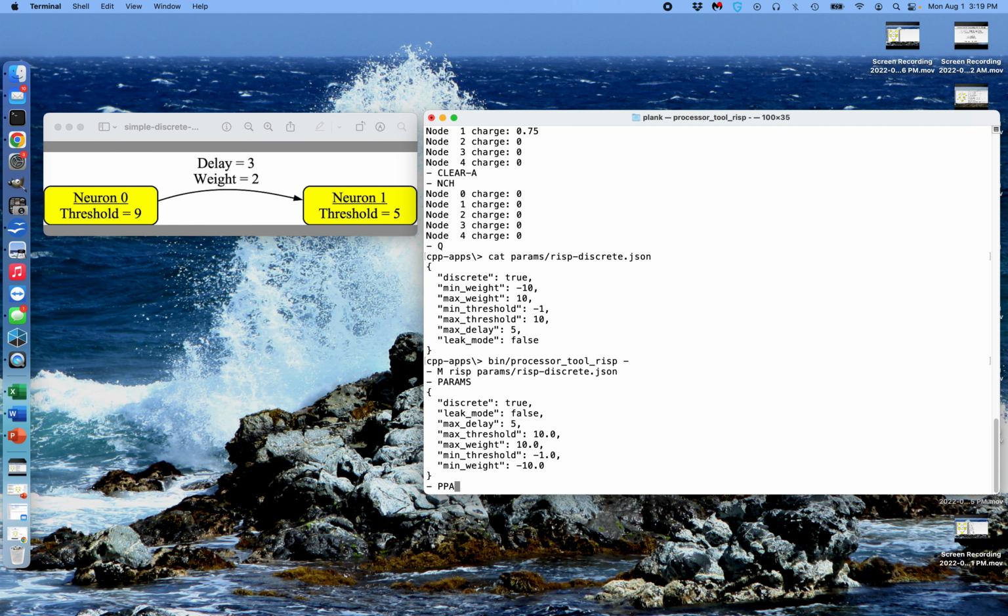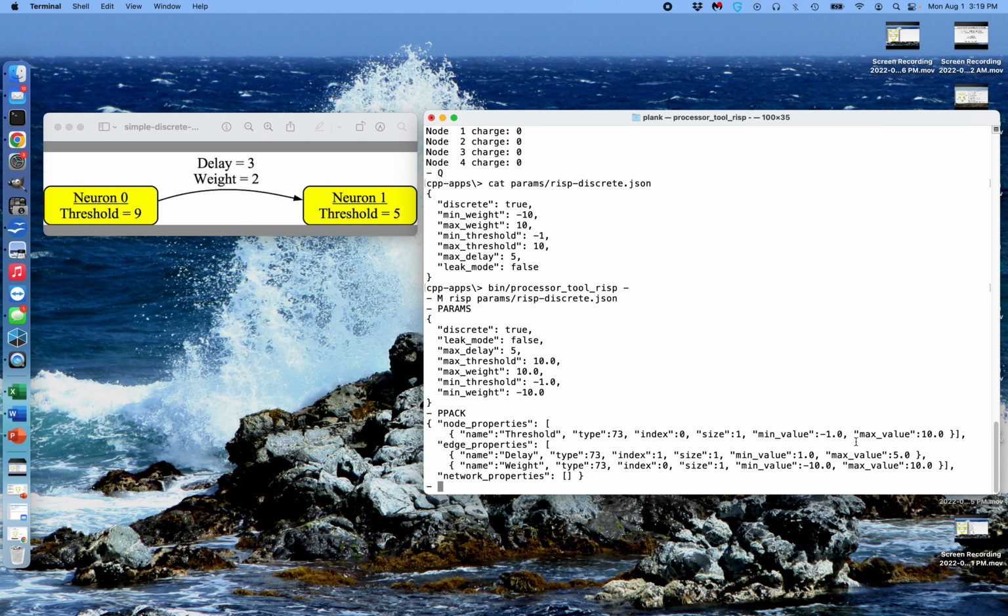That's what it is. You'll note the property pack is now different because it has the synapse weights here and the neuron thresholds here, and the types are 73, which is an ASCII character code, meaning